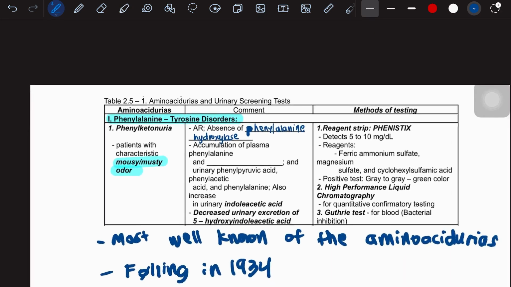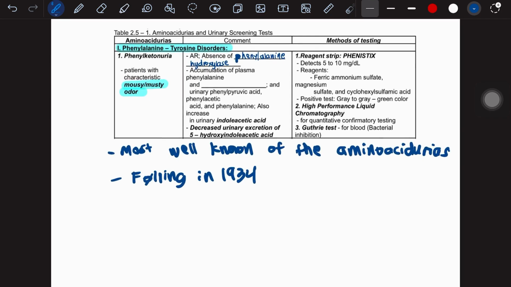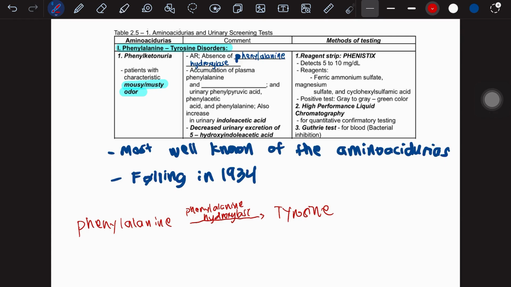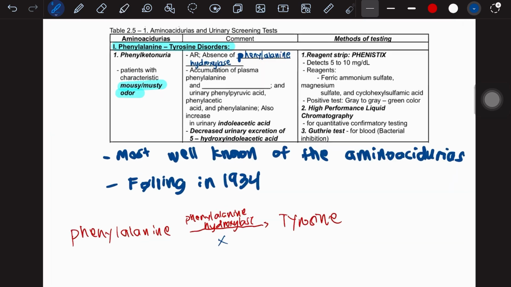Let us draw it here. Your phenylalanine, with the help of the enzyme phenylalanine hydroxylase, will be broken down into tyrosine. If the enzyme phenylalanine hydroxylase is absent, what happens? There is accumulation in the plasma of